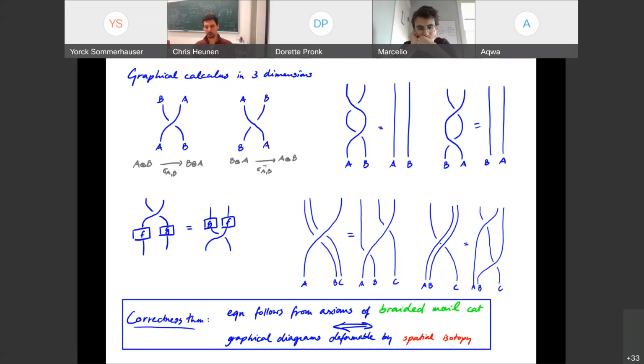And there's a similar correctness theorem for this graphical calculus that says an equation of two morphisms holds according to the axioms of braided monoidal categories exactly when the graphical diagrams that represent these morphisms can be deformed into each other by an isotopy. Now this time it's not a planar isotopy, so it's not between two pieces of glass, but a spatial isotopy. You can use three dimensions to do it. So I don't put a frame around them and strap them between pieces of glass. I put a cube around them. I nail the inputs and outputs fixed, and I put them in, I guess, a glass box. You can move strands around within the glass box.